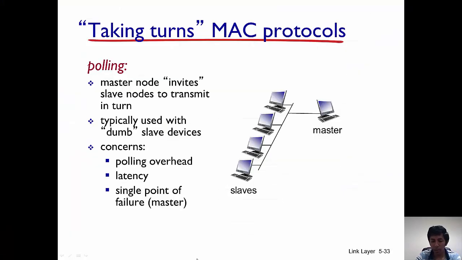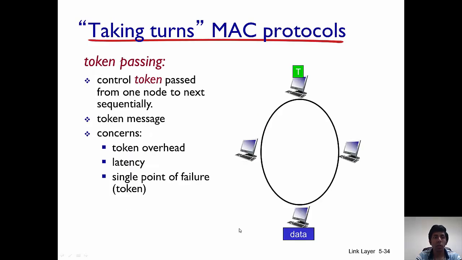Having described the polling protocol, we'll now go into token passing. Token passing is another MAC protocol in which the different nodes pass tokens and determine who should transmit. Here, this node has the token. Whichever node has the token has the chance to transmit, and once it has transmitted, it passes the token. Any other node which has some data to transmit is going to hold the token. Here this node released the token, it went to this node. This node has nothing to send, so it releases the token.